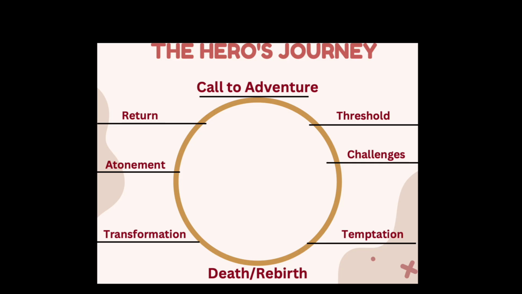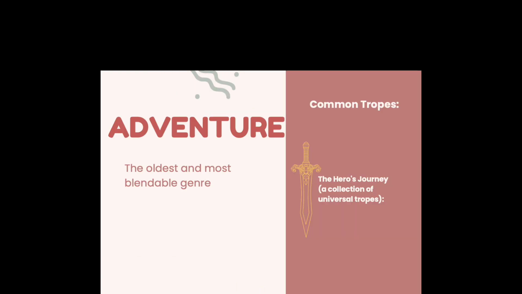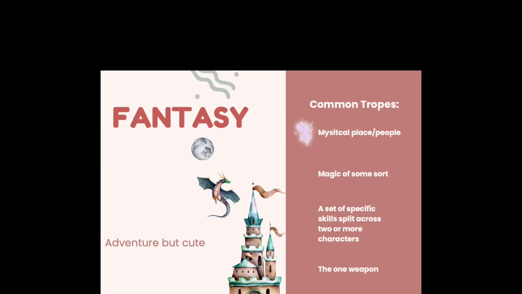Now, we talk a little bit about the concept of recursive cycles. When we're talking about the writing cycle, you'll note that the hero's journey is a circle. And given the fact that it is a circle, it is possible for a hero, one specific hero, to take multiple turns around this journey, wherein they cross new thresholds, encounter different challenges, encounter different temptations, and so on and so on. And this is especially important to keep in mind again when we're talking about adventure and the genres that are quite similar to it or are attached to it, like fantasy, for example.